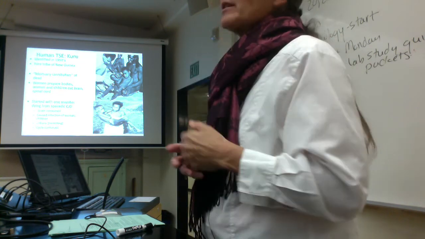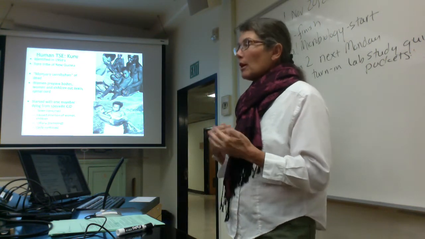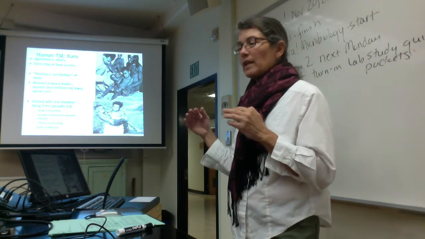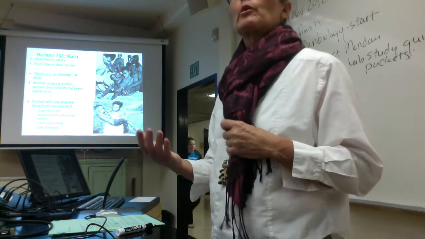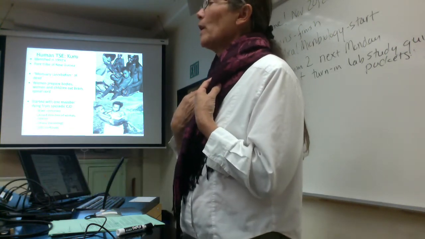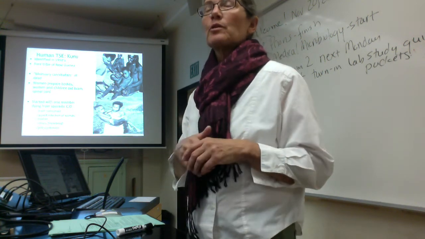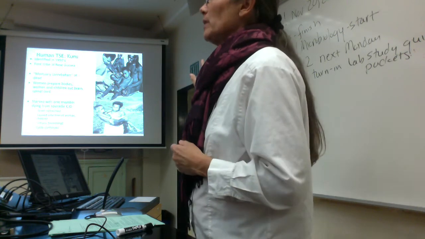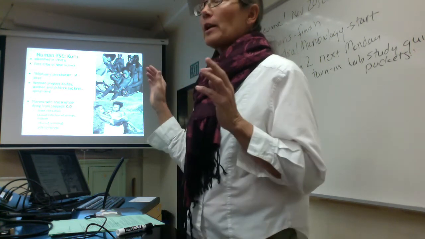Kuru was identified in the 1950s in the Fore people of Papua New Guinea. And probably, folks, what happened was one of the elder members of the tribe had developed a sporadic form of Creutzfeldt-Jakob disease. And the sporadic form occurs in us old people when our prions spontaneously misfold, right? We still haven't figured out what the triggers are. But it was possible that one of the elders in the tribe had died of the classic sporadic form of